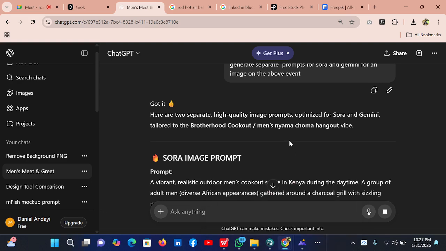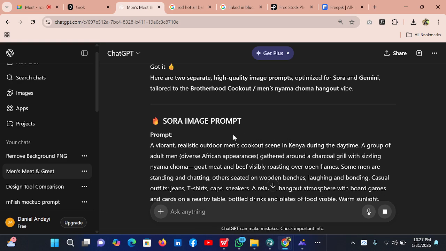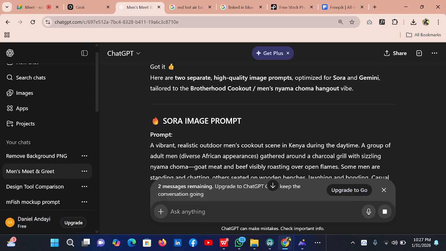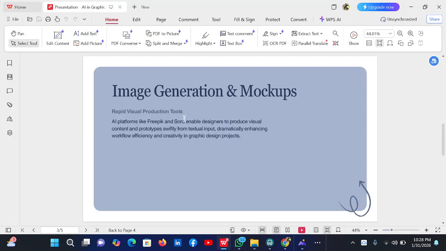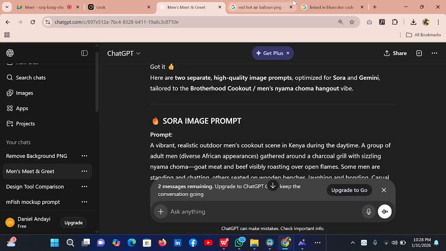Now, I know you're wondering what is Sora and what is Gemini, and that is what I want to show you right now. We are still on image generation. You can see platforms like Freepik, Sora, Gemini. So let me introduce you to Sora.